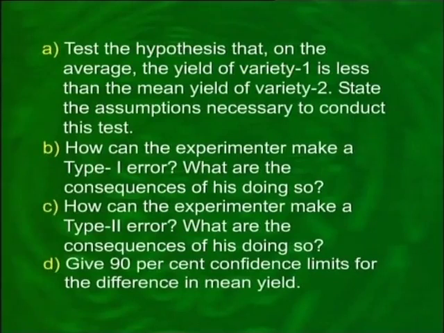And what are the consequences of his doing so? Next, इसी तरह से हम ये भी जानना चाहते हैं कि how can the experimenter make a type 2 error, and what are the consequences of his doing so? In addition, we would like to compute the 90% confidence interval for the difference in the mean yield of the